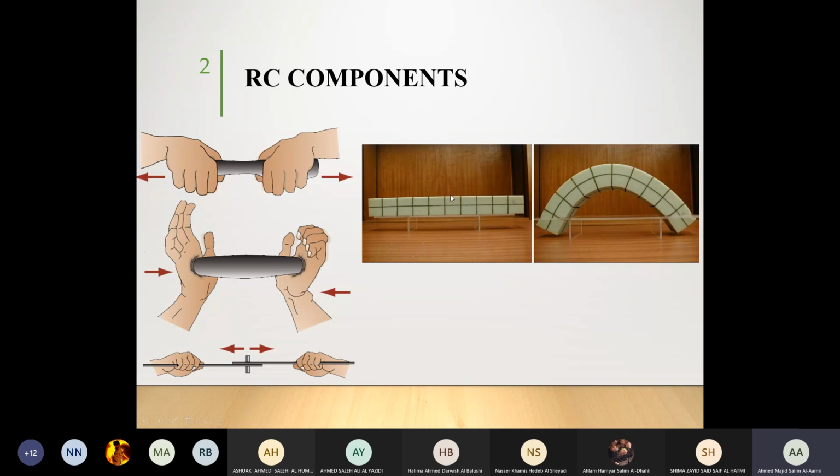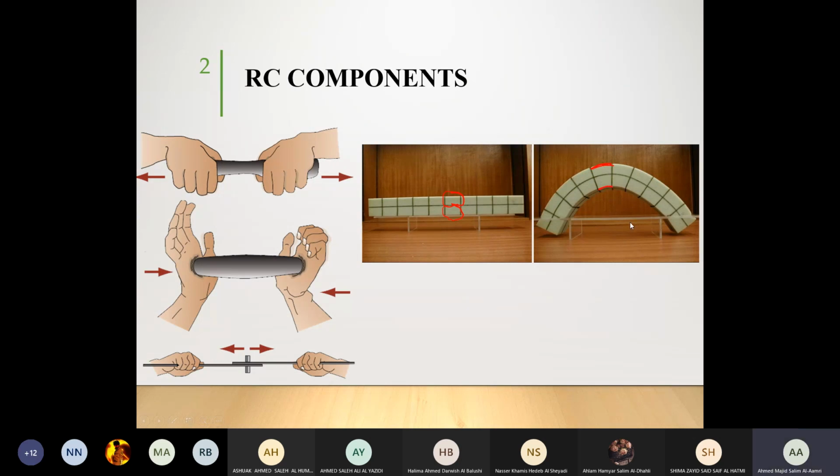Now, can you see here that each and every point up and down are having exactly the same thing? The same length, let's say. Do you agree that this length is the same as this length? Do you agree that the top and bottom fibers are the same? Now, what about after loading? Do you think they are the same? Do you think that this is the same as this?